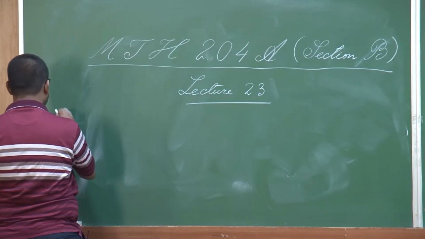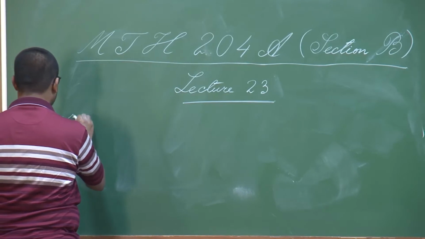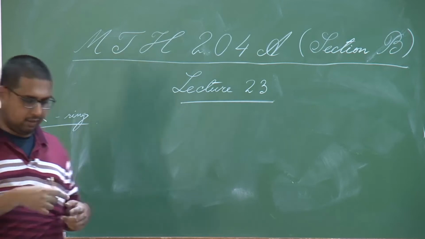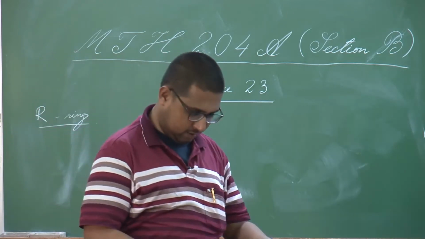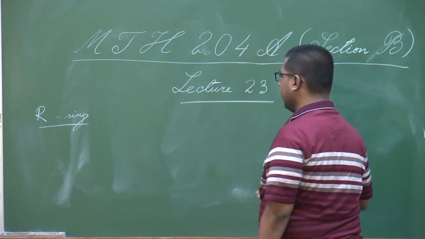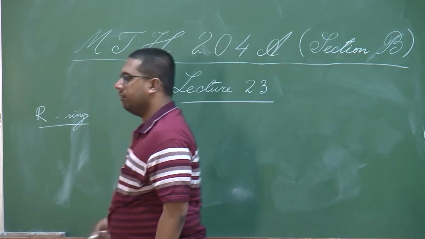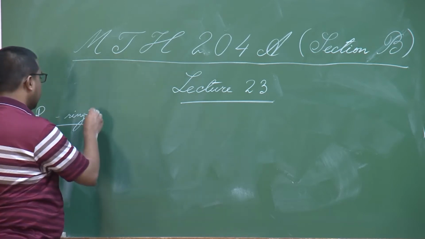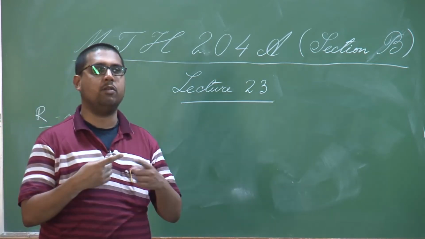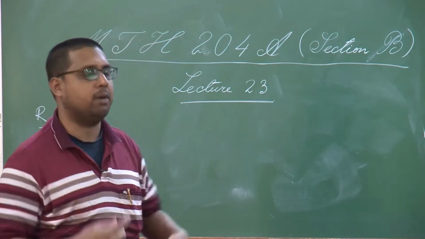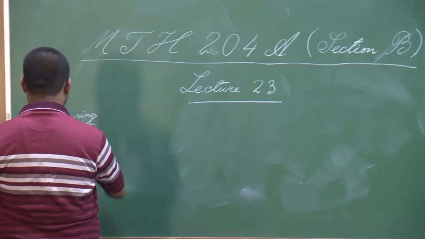So, we start with a ring R. Again let me remind you, by a ring I mean that it has two operations, addition and multiplication. With respect to addition, it is an abelian group. With respect to multiplication, it is just associative and having a multiplicative identity, which we also call the unity, and then we have two distributive properties that connect addition and multiplication. Okay. So, given a ring R